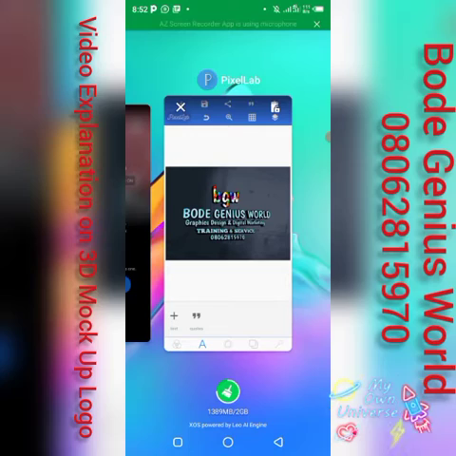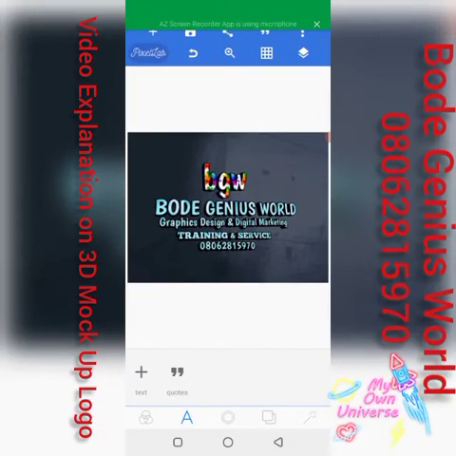There is a particular 3D mockup I want us to do this morning, and this is what you are seeing here. I just finished this one, and I want to give you a video explanation on how to get something like this done. Are you ready? Let's go there. The very first thing you need to do